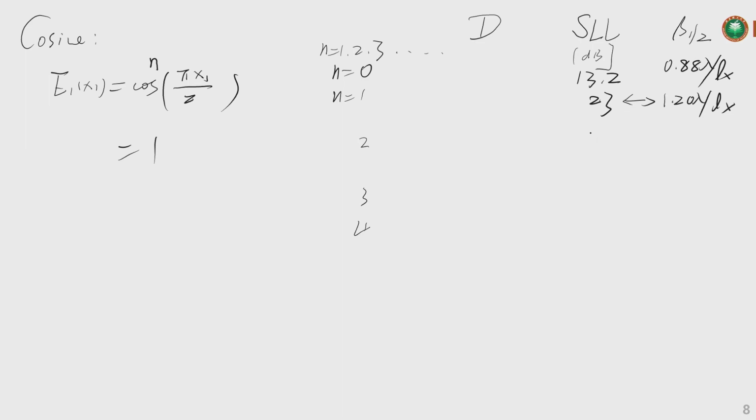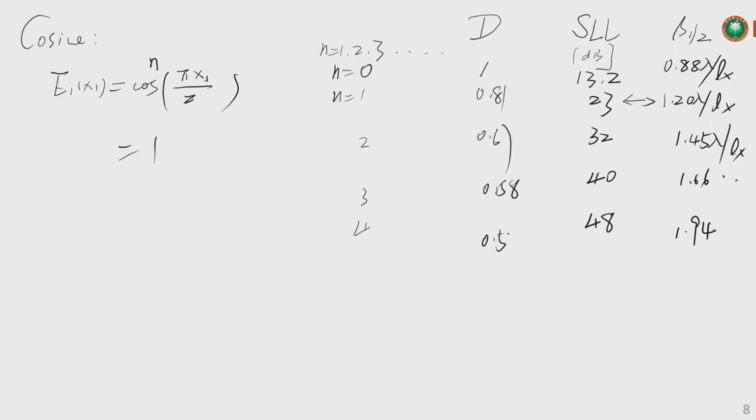And further, when we increase the order to 2, it becomes 32. To 3, it becomes 40. To 4, it becomes 48. I will not show the plot, and I think you can try to plot it by using a code program. And this is 1.5 lambda over Lx. So wider again, 6.6 and 1.94 also. And the directivity is also going to decrease. This one is 1. And when n equals 1, 81, 867,